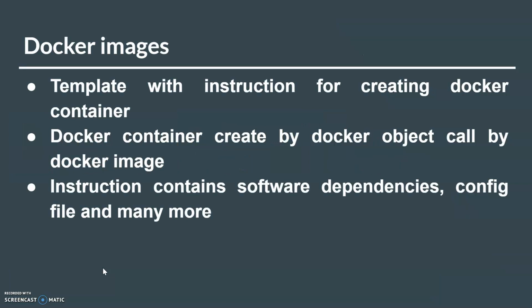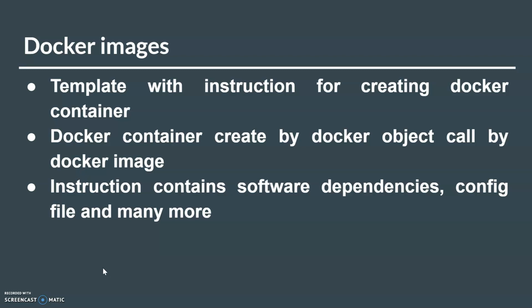To understand the Dockerfile we have to go back to Docker images. Docker images are templates with instructions for creating a Docker container. Basically, it has its own template of instructions, which creates the container. These instructions are given within a Docker image, which contains the software dependencies, configuration files, networking information, and all this is passed to create a container. Based on the image instructions, Docker will run the image and then create the relevant container.